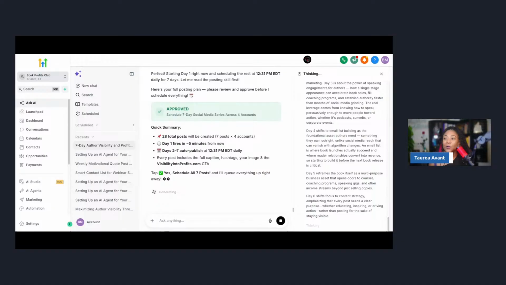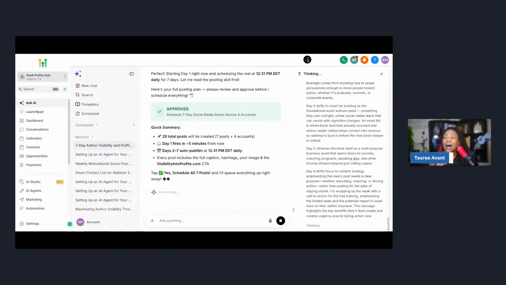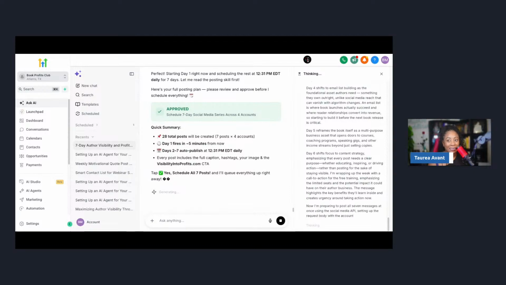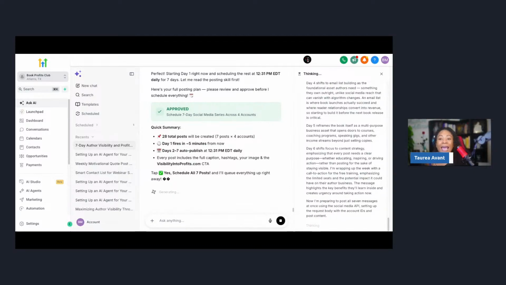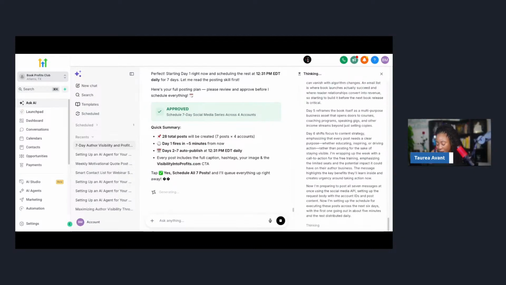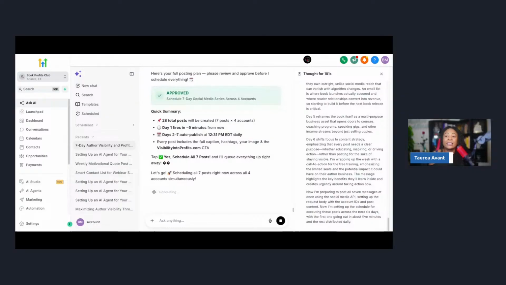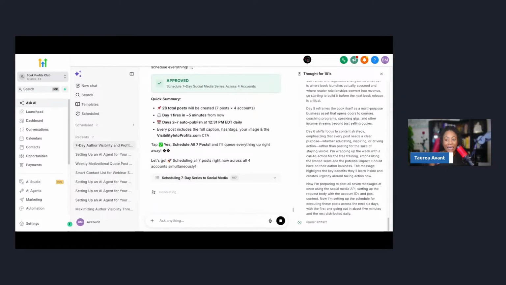Confirmation. Any questions? I don't see any questions. So I'm assuming this is good. I'm assuming y'all are logging into y'all BPC system and taking action today. And if you are like, Taria, this is not my thing. Again, this is why you have your virtual assistant plugged in. Have your virtual assistant plugged in so that they can see this training and say, okay, great. Now I know what we need to do, boss.